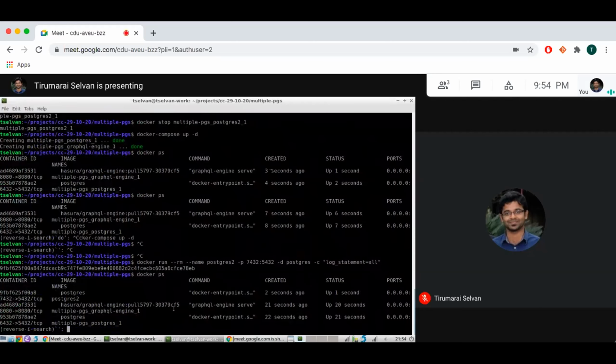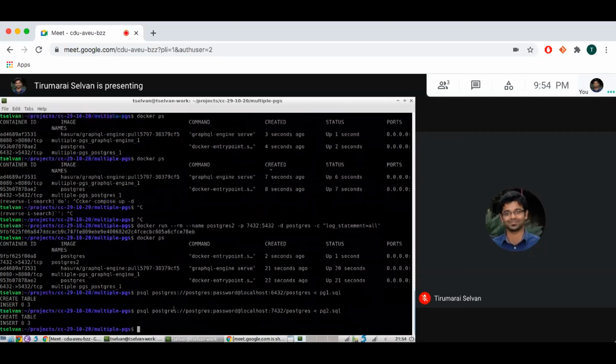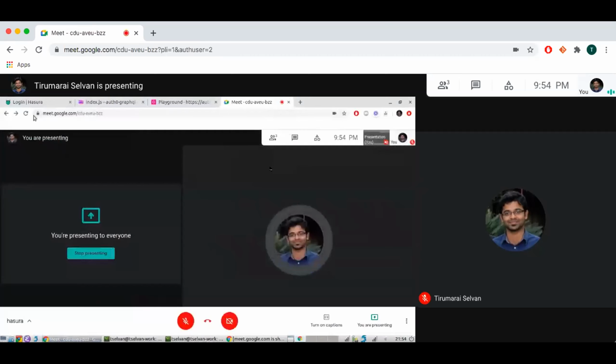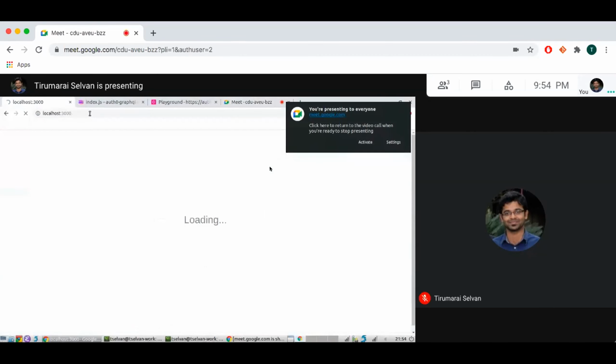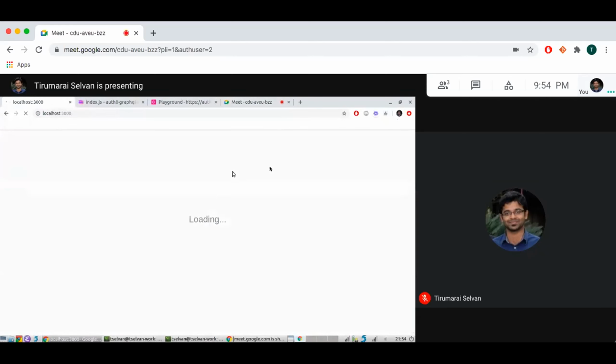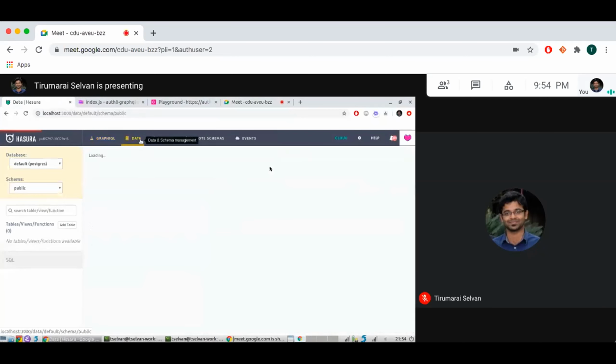I want to initialize the data here. So I inserted the table for articles in Postgres 1, and I'm going to do the same thing, but on port 7432 for Postgres 2. So now I have data. Let me go to my console here, 3000. Cool. If I go to the data tab, I can see